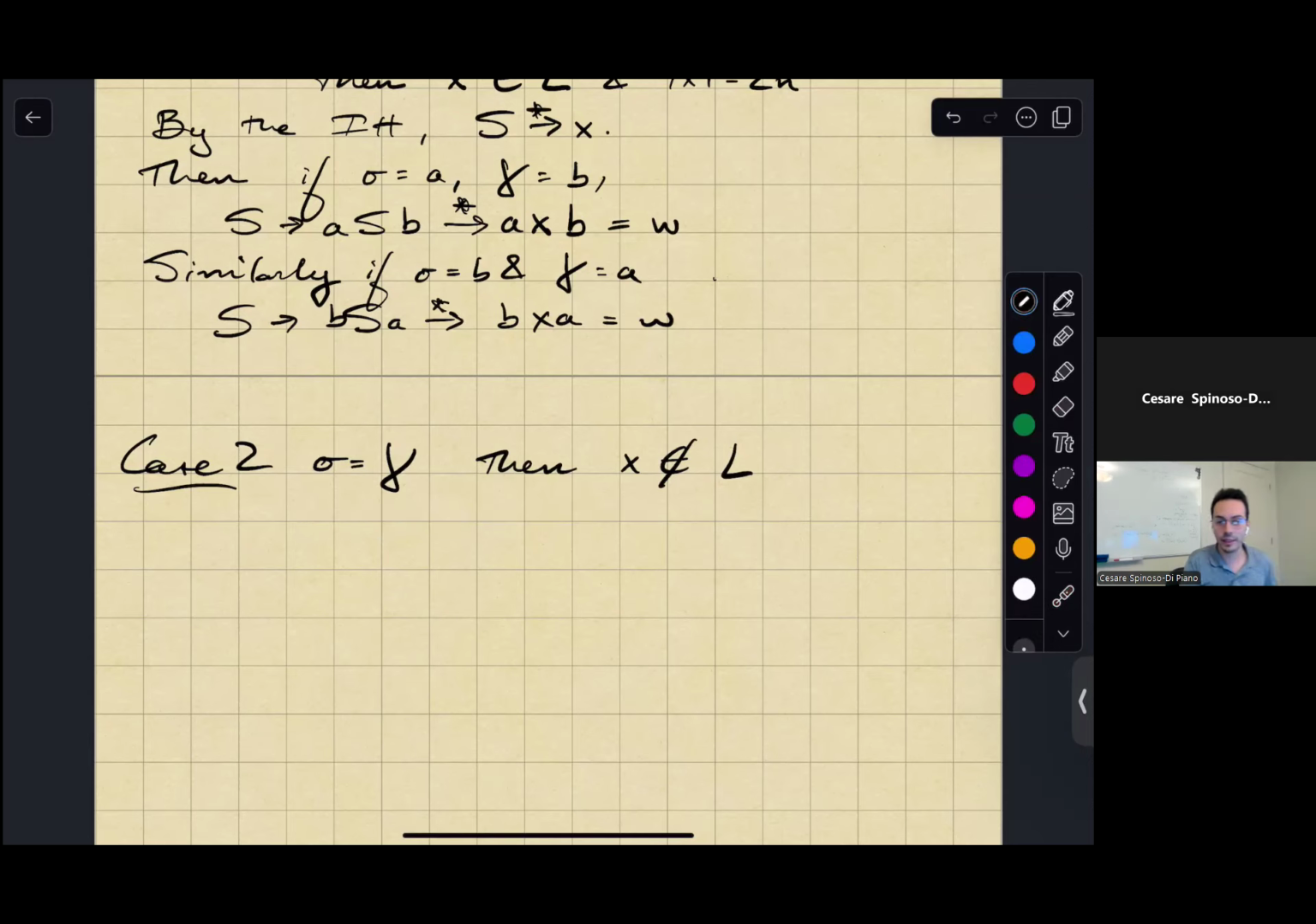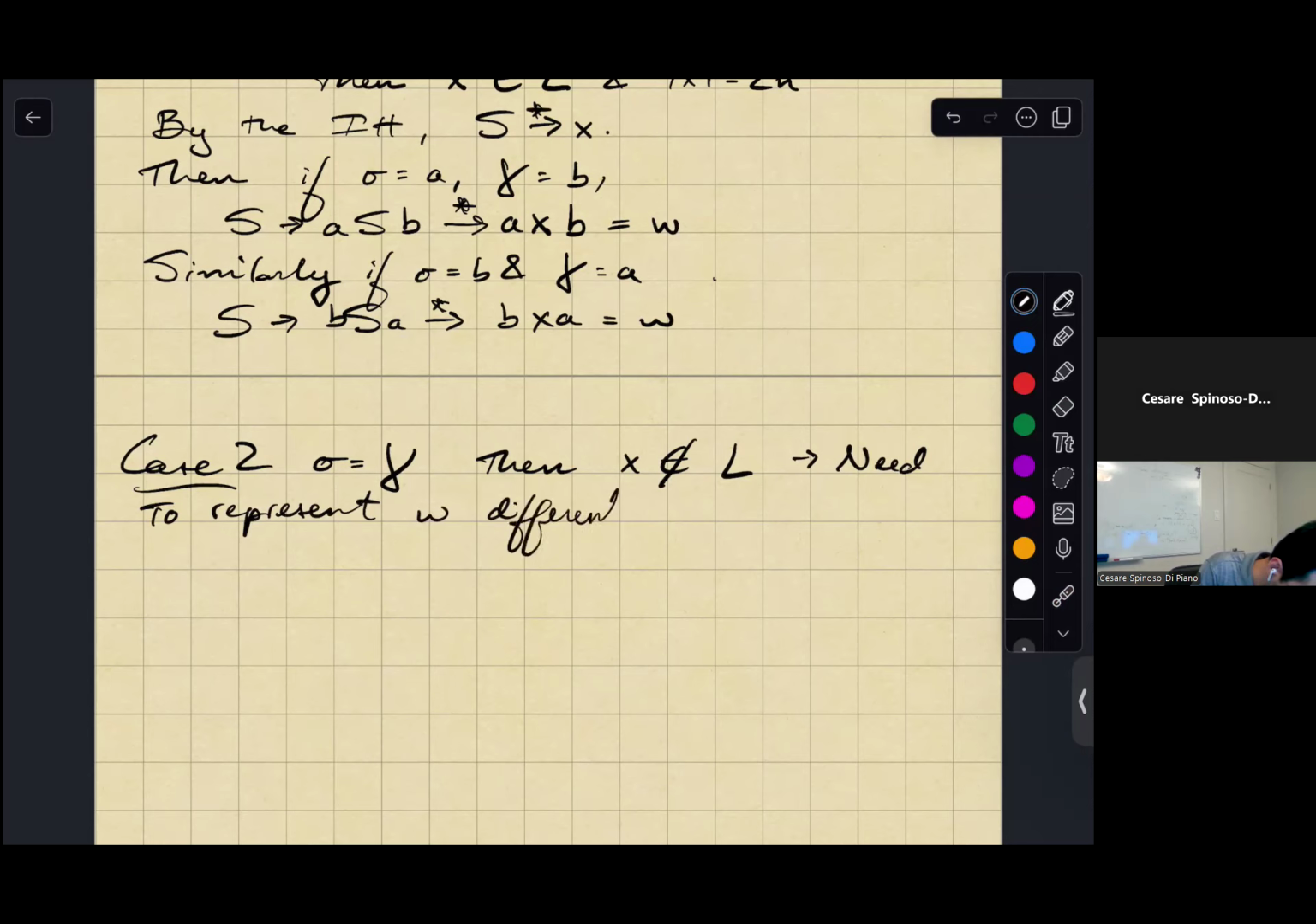And so what that tells me is that there's no real way to continue using this decomposition to prove my claim by induction. So I need to represent W differently. Okay, so how? Well, let's just consider